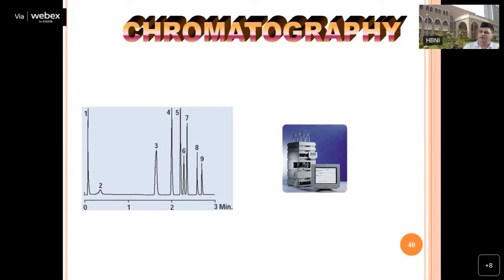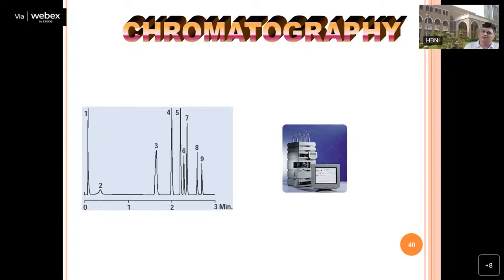Because of calibration issues or some other reason, you may get an enhanced signal or a negative signal, so your concentration would be less. These are the things you avoid by using